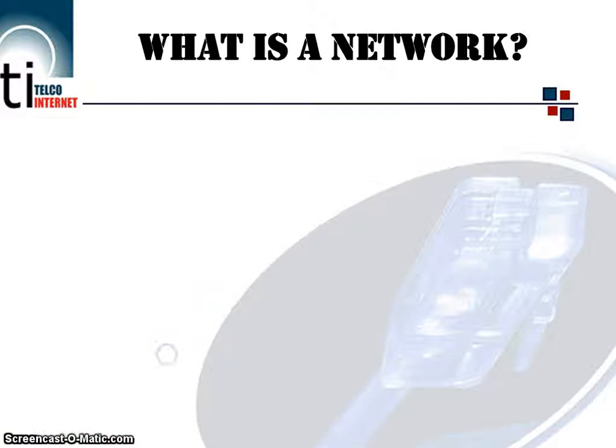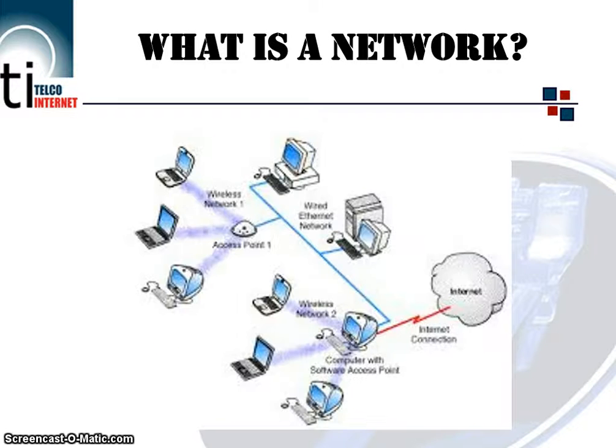Let's have a look at the IP network for a moment. Maybe let's start by asking the question, what is a network? Well, a network is a number of devices. They could be computers, tablets, smartphones, printers, and many other things that can go onto a network. And all of these things communicate with one another. So essentially a network is a number of devices that are linked together in some way in order to aid